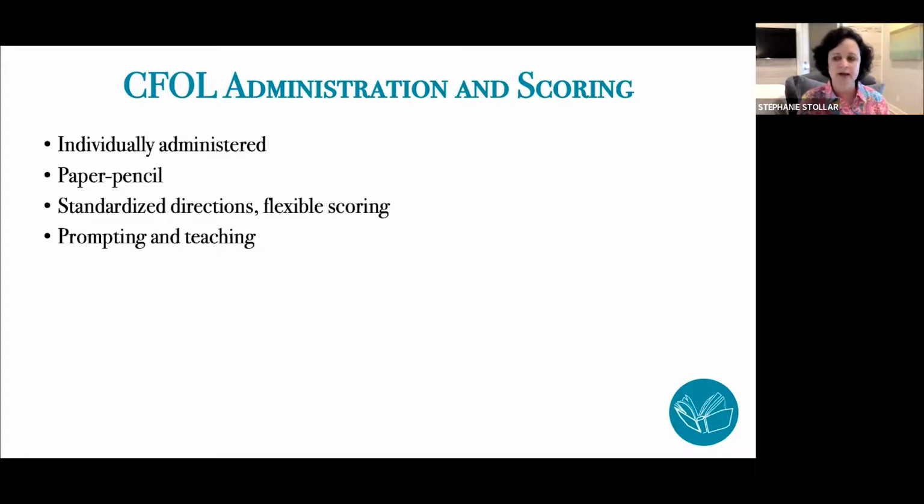Here, you can actually change the directions. You can state them in a different way. You can use language from your classroom, materials from your classroom. You can use lots of levels of prompting, so you can support the student. Actually, that's one of the things you're trying to find out on a diagnostic assessment: how much support is